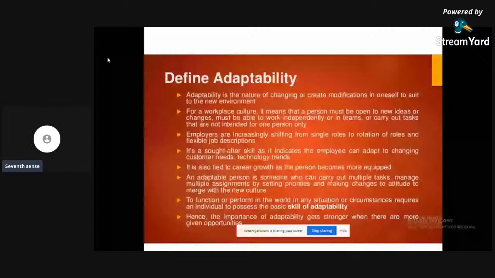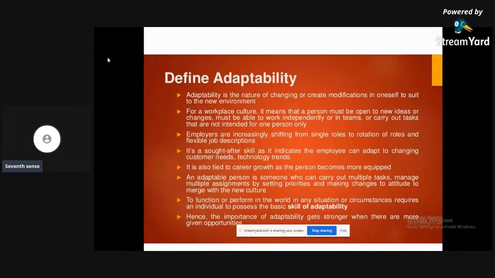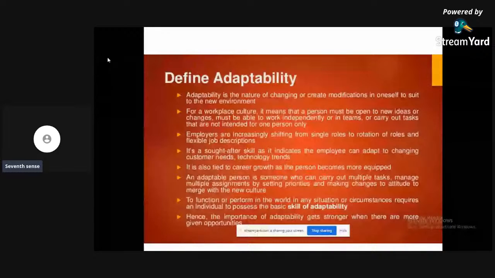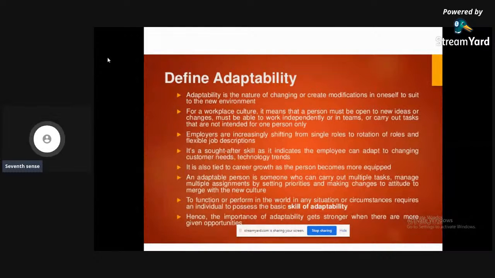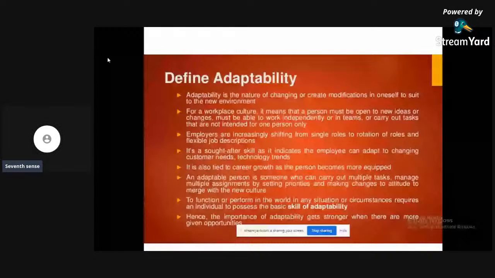Things are always changing. Things always keep changing, and he must finish the work and everything.